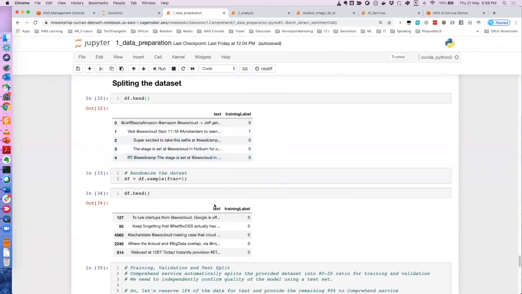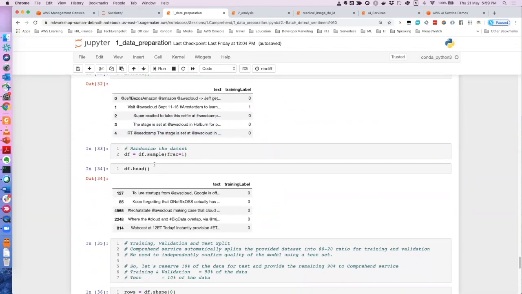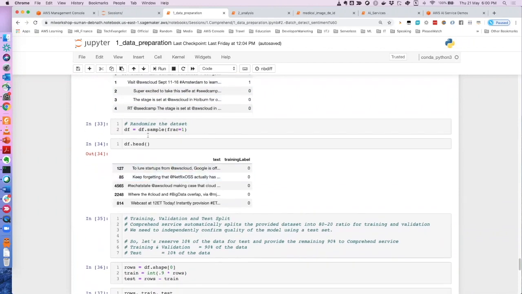Before splitting, we are randomizing the data points. Right now we have all the rows serially, 0, 1, 2, 3, 4, as they were in the CSV. Randomizing is always good because when you get a CSV file, it might have been sorted based on some column. Then if you take the first 80% of the rows, the last 20% might be a unique set of data which was never used in training. That's why it's always good to randomize your data points. So that's what we are doing here.